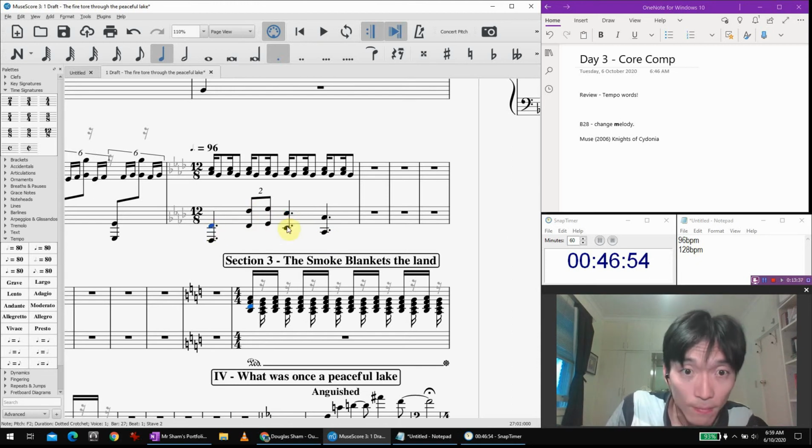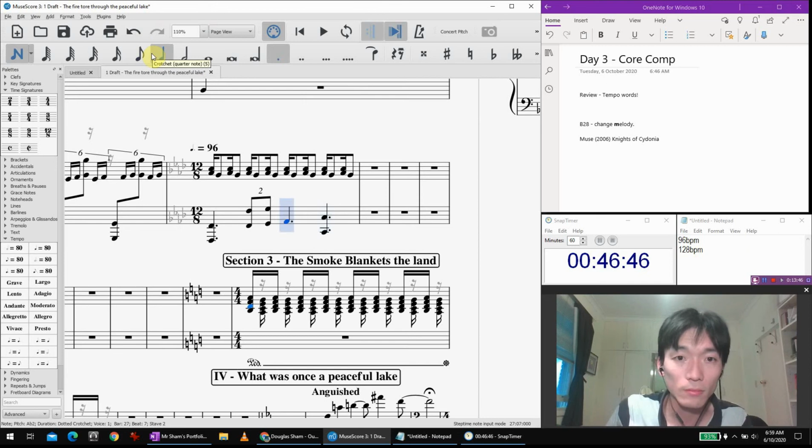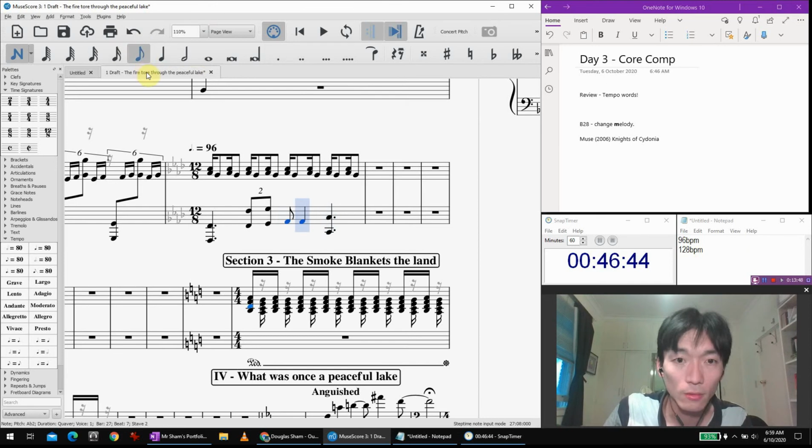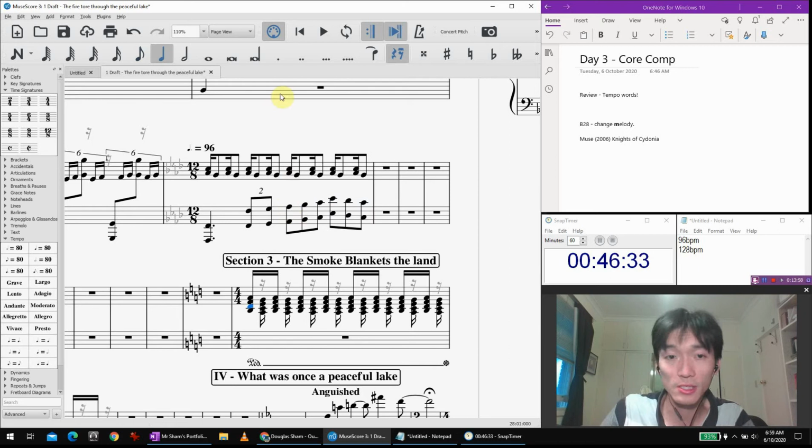Let's try this. So once again, I'm trying to get a galloping figure. Let's go into quavers. Okay, let's do that as a melodic idea for now. Alt gives you intervals, so I just added some octaves there.